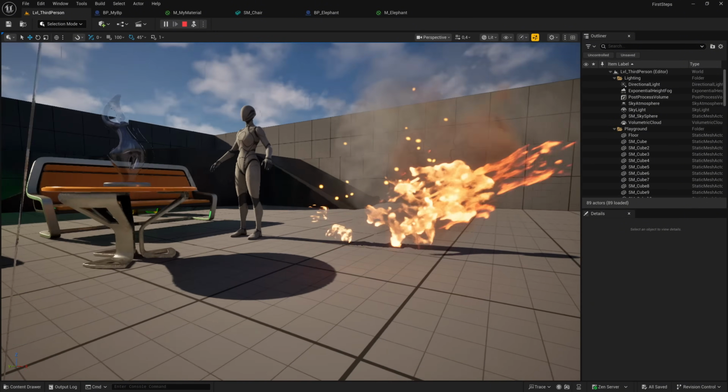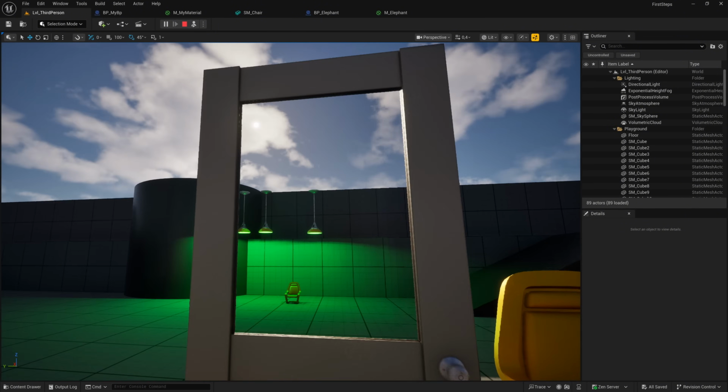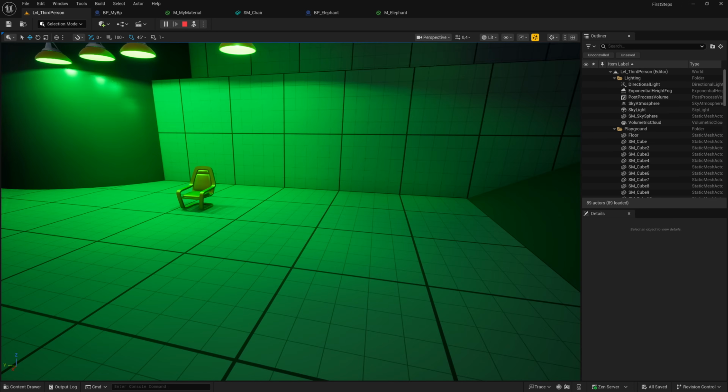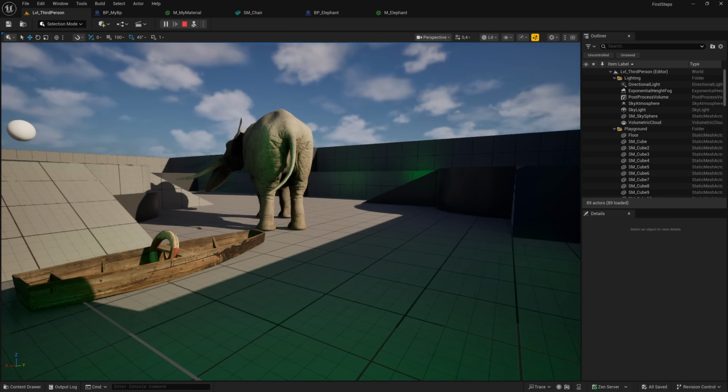This video was all about first steps, perfect for beginners who want to get comfortable inside Unreal Engine. The next video will go deeper, with more advanced workflows and tools to help you understand even more of what